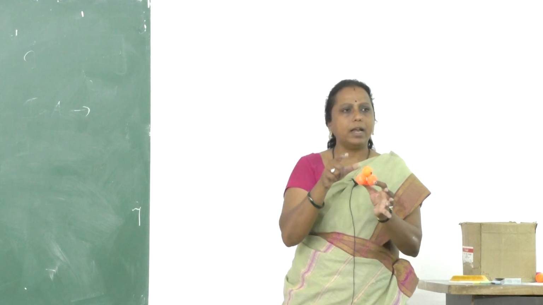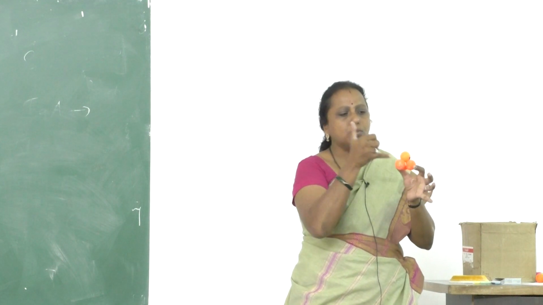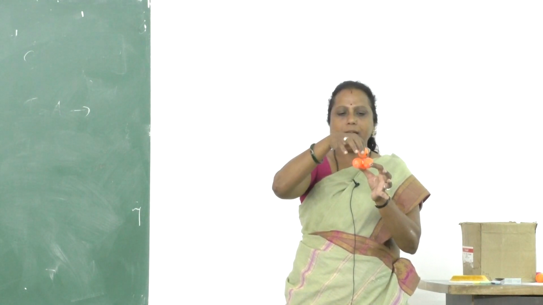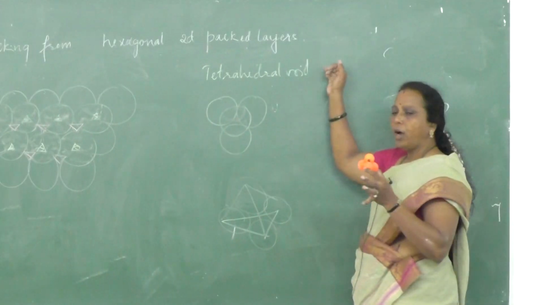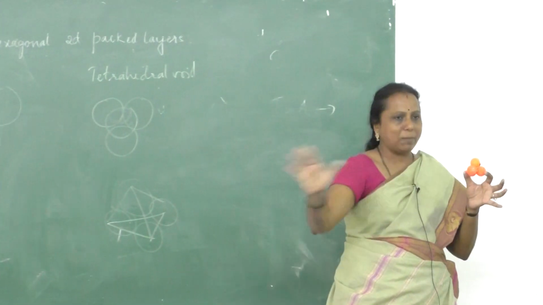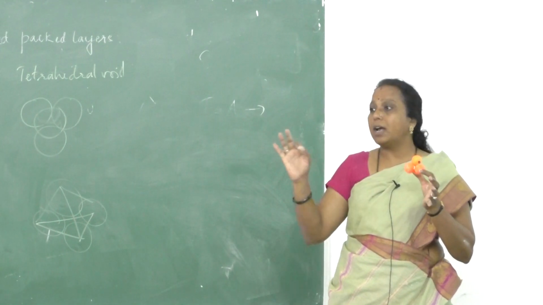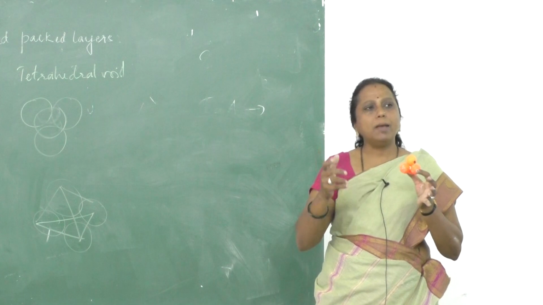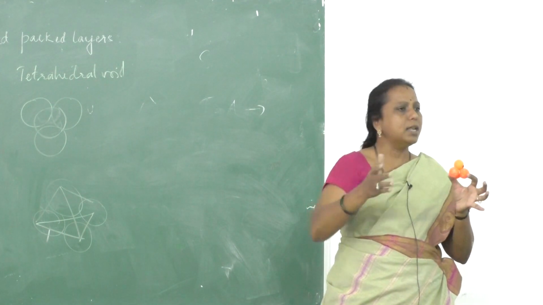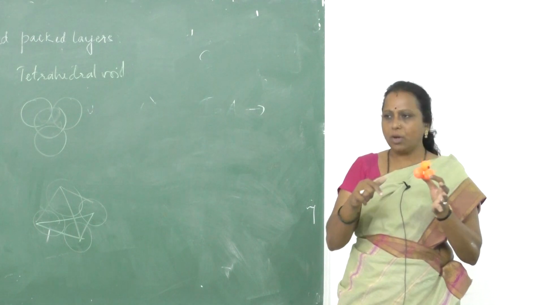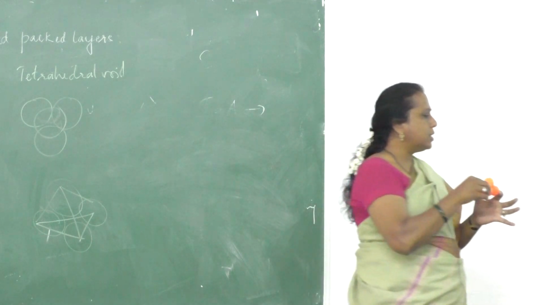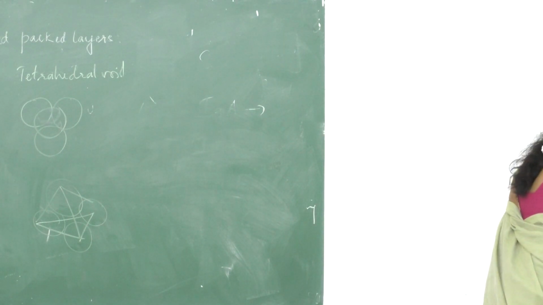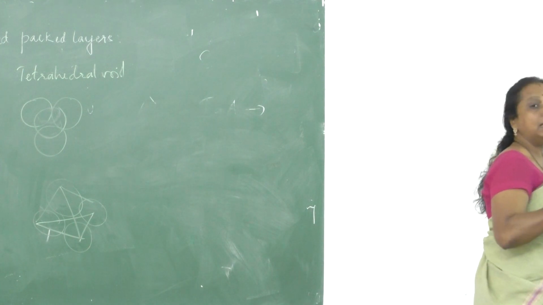Due to the tetrahedral arrangement of the spheres, there is one empty space, an empty space in between the four spheres. That empty space is called a tetrahedral void. The void itself has no tetrahedral shape, but it is the space that comes from arranging the spheres in a tetrahedral shape. What do we call this empty space? Tetrahedral void. So this is one kind of void which is produced after developing the second layer.